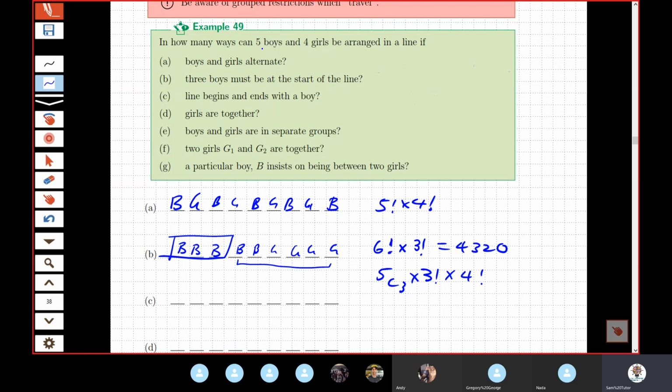You said you want 5 boys. No, I'll explain that in a second. Hold on. 5 boys. I'm choosing 3. That's what you're saying. I've chosen my 3. Yes, I agree with that. Then these 3 can move. So then we're saying 3 factorial. I agree with that. Times